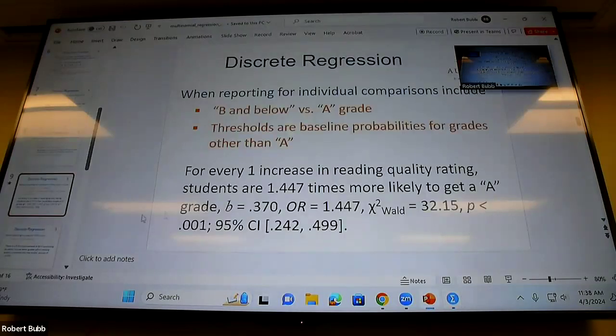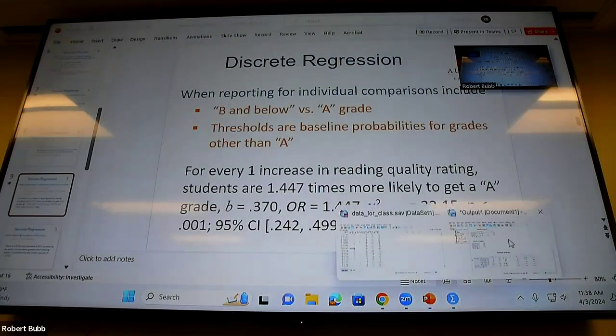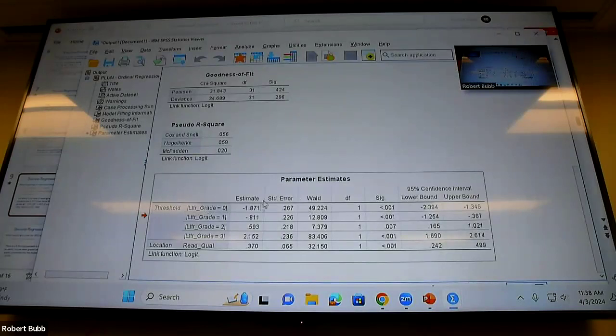Okay, so let me go back. Let me put this back up here just really quick. You have this in front of you as well, but you have your threshold, and then you have your predictor coefficient there. Right, and so it makes sense that if we were to go from an F to an A, we have to go a very long distance to get there. And that's why the estimate for the threshold is so much lower for an F than it is for a B. But if we were to write out these equations,